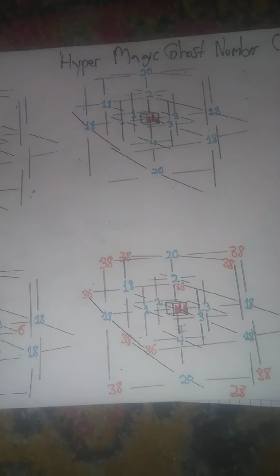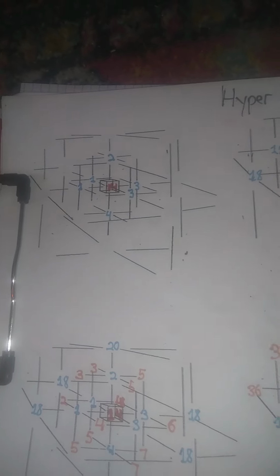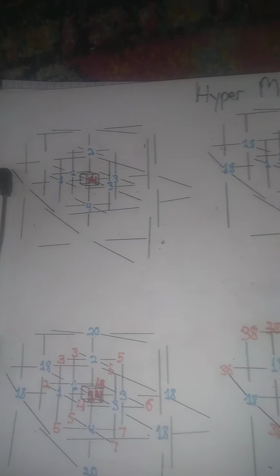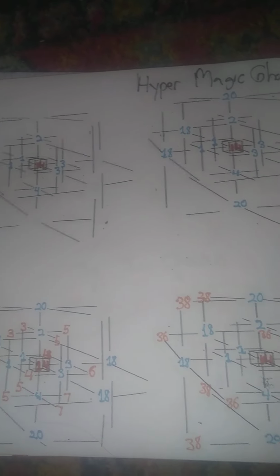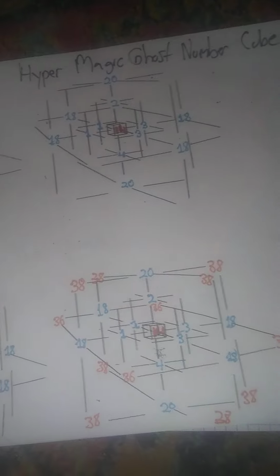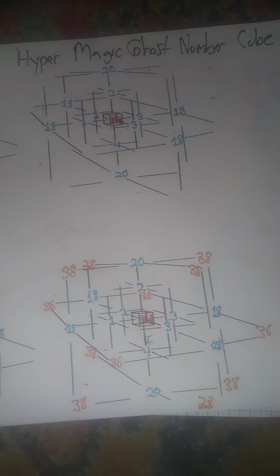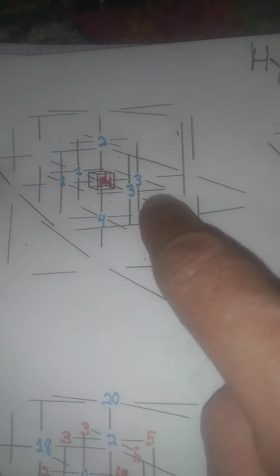Okay, what I'm going to try to do is show, starting with the primary numbers and the central ghost number, how to create a hyper magic ghost number cube, and then turn that hyper magic ghost number cube into a super hyper magic ghost number cube. You start with the primary numbers. They can be any numbers, but I chose this, and